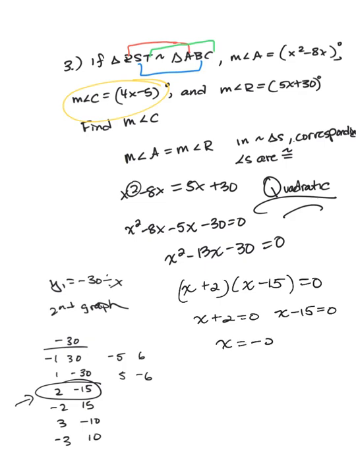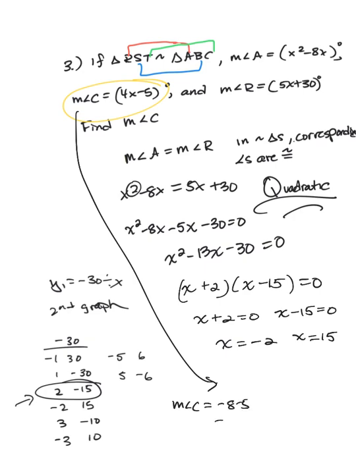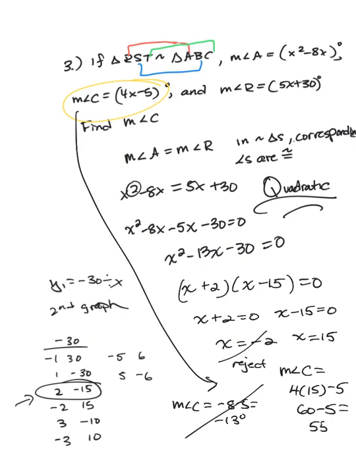So you get your answers, and then we have to check them in the context of the problem, though, kids, right? So if you try to take negative 2 and substitute it into angle C, you're going to get the measure of angle C is negative 8 minus 5, which is negative 13 degrees. Okay, that makes no sense. So you're going to reject the negative 2. So the measure of angle C is 4 times 15 minus 5, or 60 minus 5, which is 55 degrees. So that is your answer,